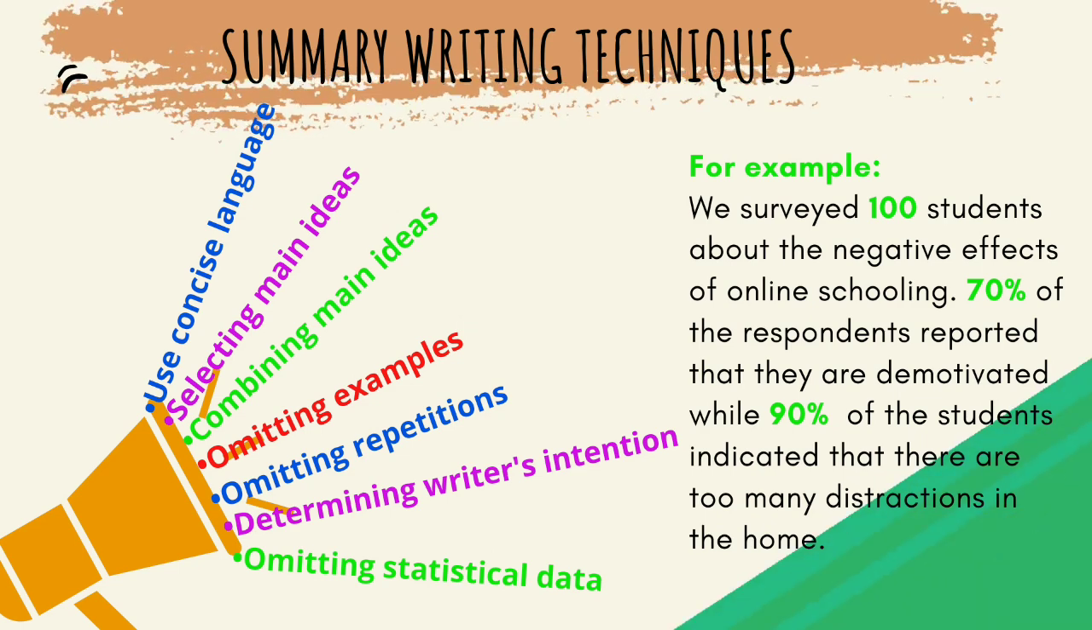For example, we surveyed 100 students about the negative effects of online schooling. 70% of the respondents reported that they are demotivated, while 90% of the students indicated that there are too many distractions in the home. In order to summarize this, we would have to remove all the statistical information. So 100, 70%, and 90. So our summary will read: